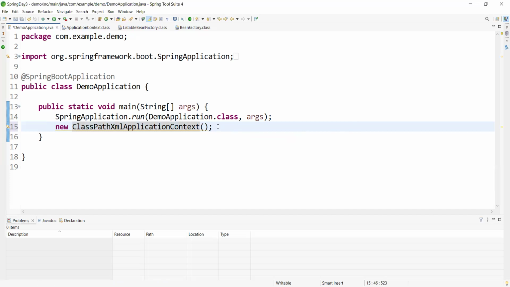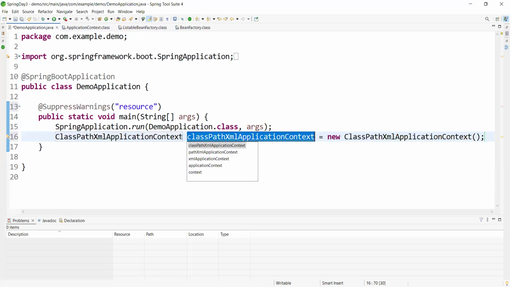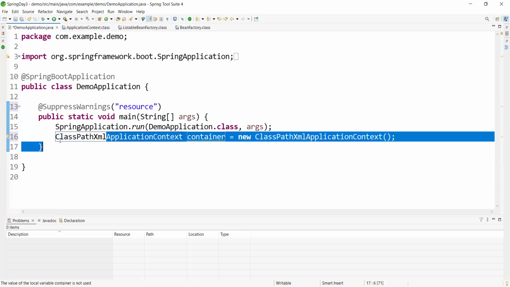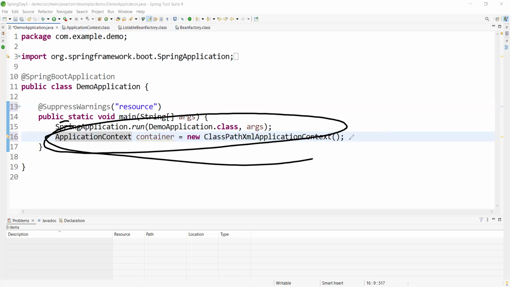Enter, Control 1, import. Any name, this is our container only, so let me write container. And let me write ApplicationContext. Simply we can create the Spring container like this. Is it clear? Is it okay?